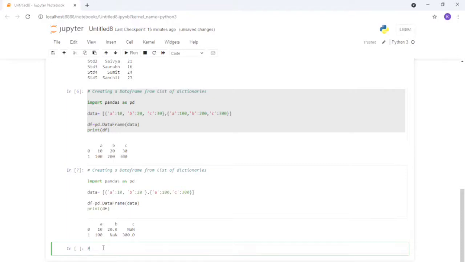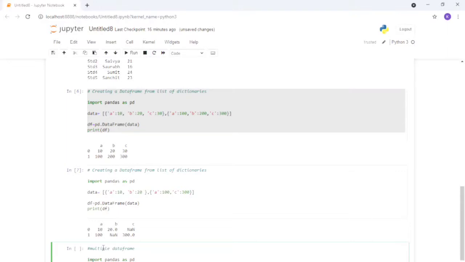Okay, so multiple data frame. Once we go with the multiple data frame, we have to go with import syntax again. Import pandas as pd.